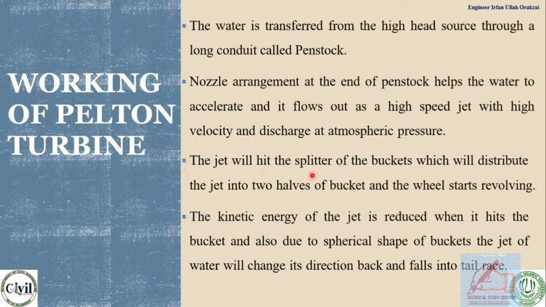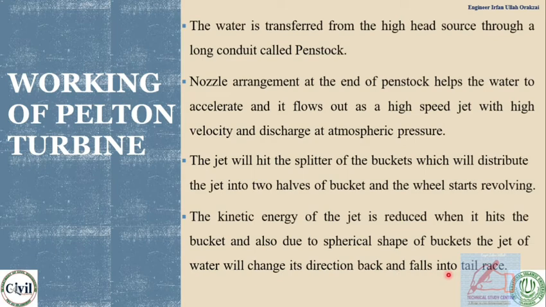The jet will hit the splitter of the bucket, which will distribute the jet into two halves of the bucket, and the wheel starts revolving. The bucket is designed such that it is divided into two splitters, in order to utilize the maximum power of the jet. The kinetic energy of the jet is reduced when it hits the bucket. All the energy is utilized in moving the turbine. And also, due to the spherical shape of the buckets, the jet of water changes direction